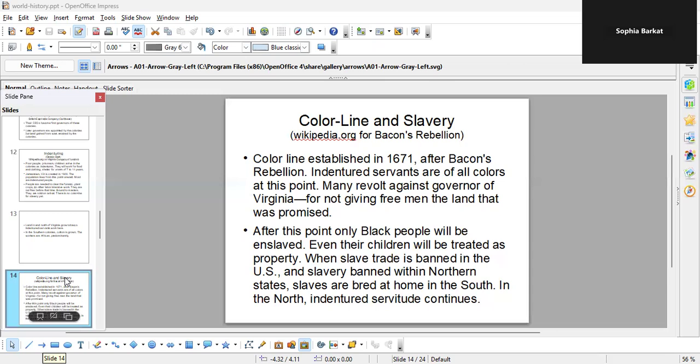And basically, the colony decides from this point onwards, we're not going to indenture everybody. We're going to indenture only Black people because we do want to break up this camaraderie, whatever is developing here on a class level, because these are all the indentured people at this time, right? And so from this point on, you see generational slavery of Black people, and you see that at this point, any Europeans brought are not to be enslaved or indentured. However, this doesn't really work out. We see that the indenturing continues